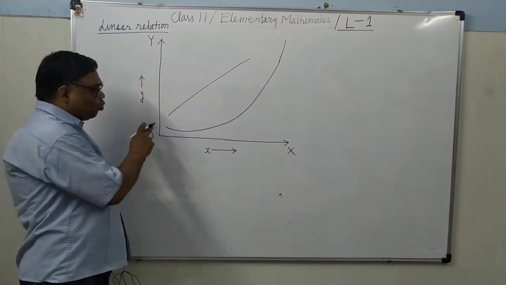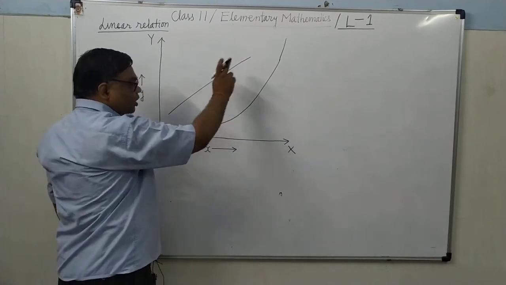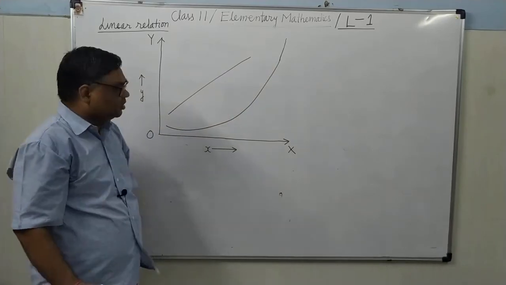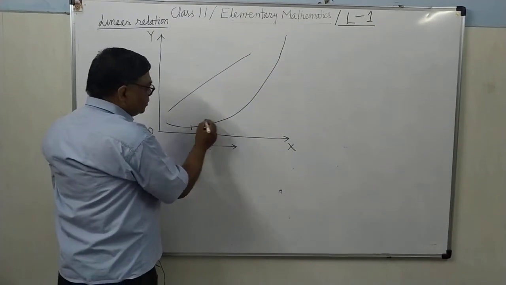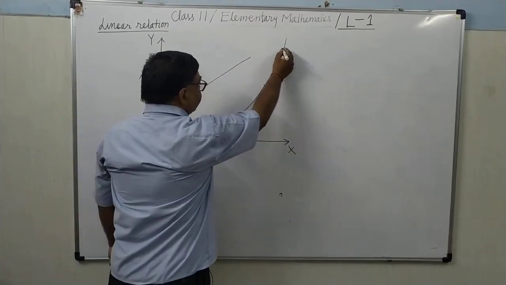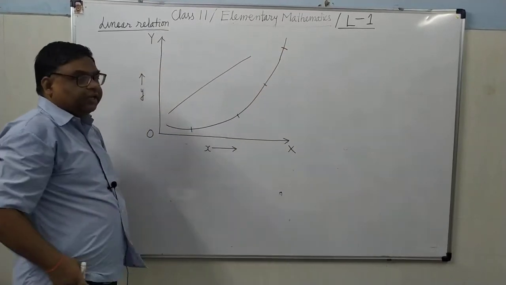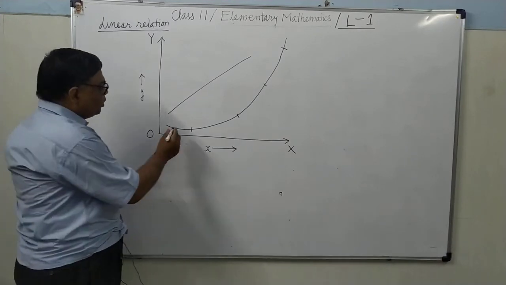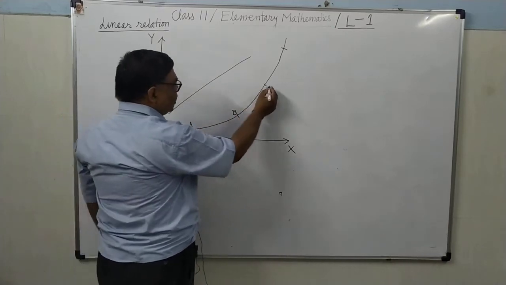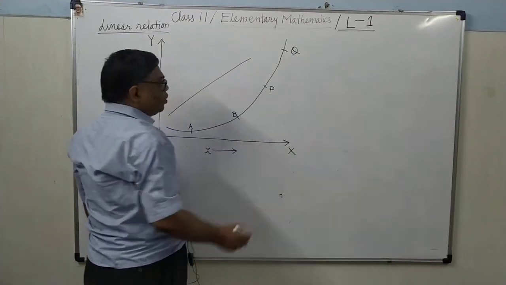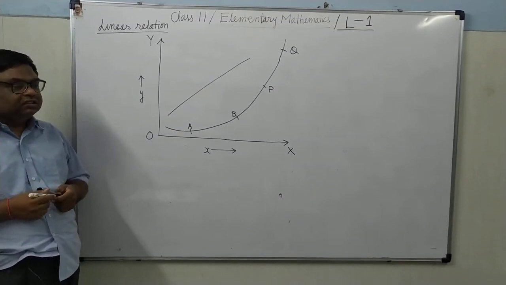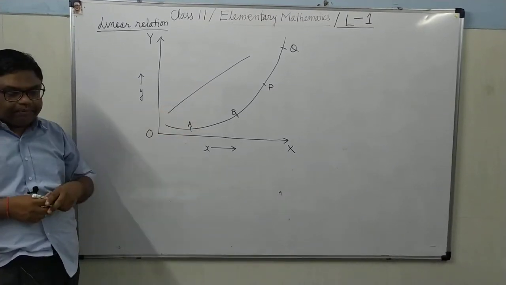Here you can see, suppose this is a hilly area and you are walking over a surface like this. You will find that in this range the slope is very small, but here it is much steeper. The slope is very, very high. Is it clear? Between A and B there is a slope, but a very small slope. But between P and Q there is a very high slope. It is a steeper region. Is it clear? So here there is a variable slope.